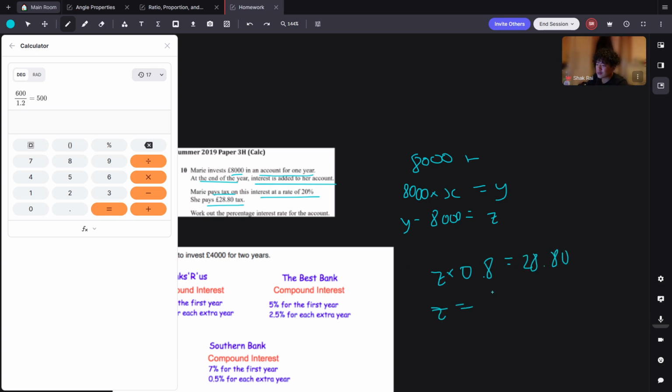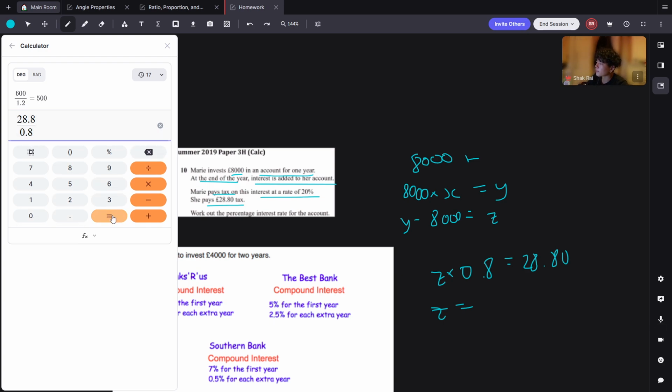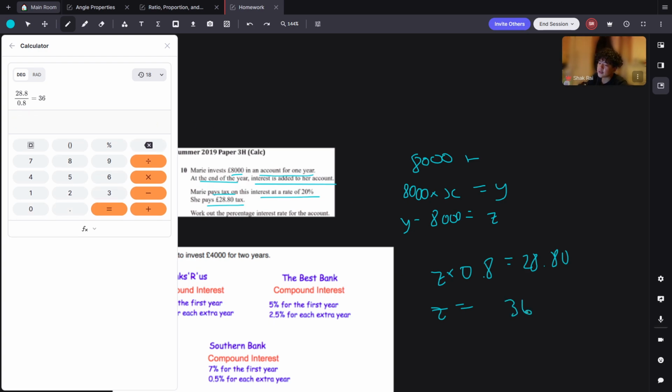So Z equals the division. So Z equals 28.8 divided by 0.8. And what's that equal? That's £36. So she makes